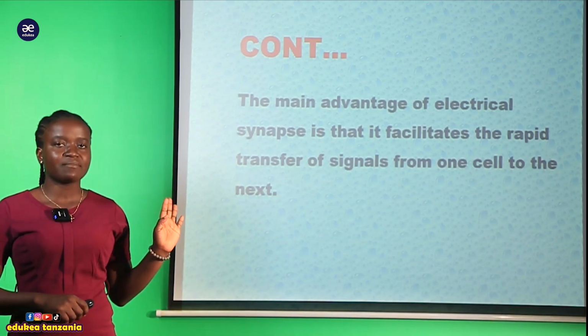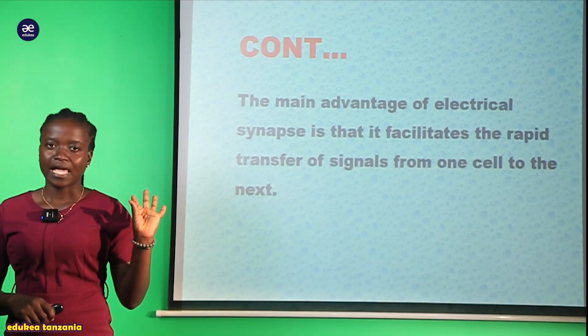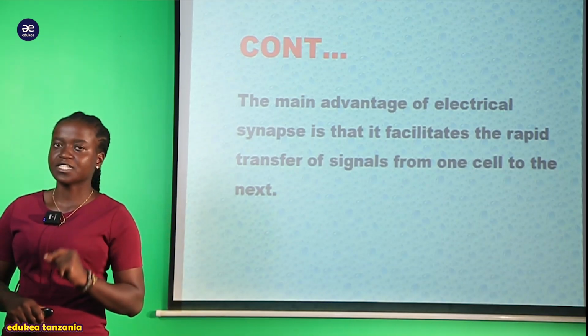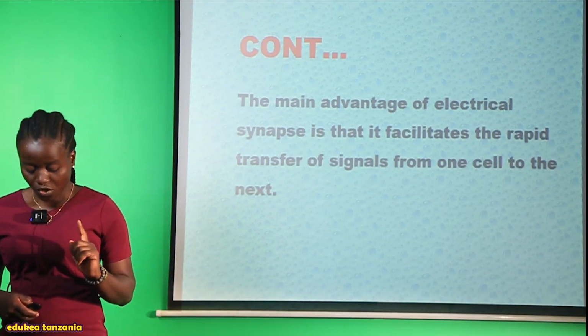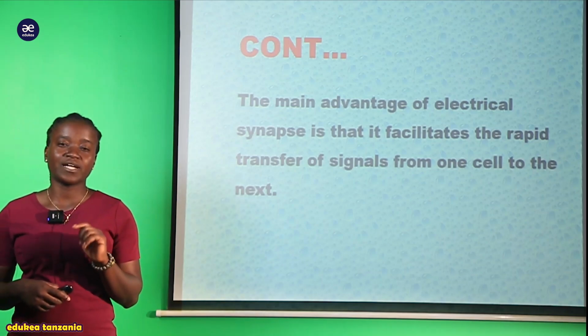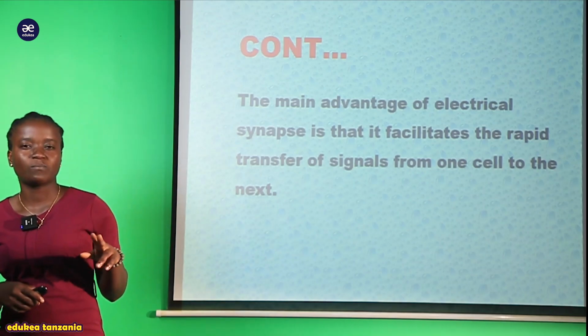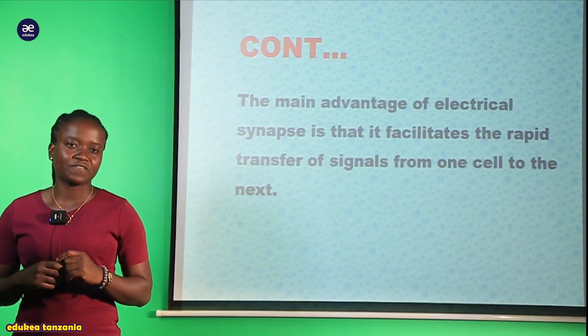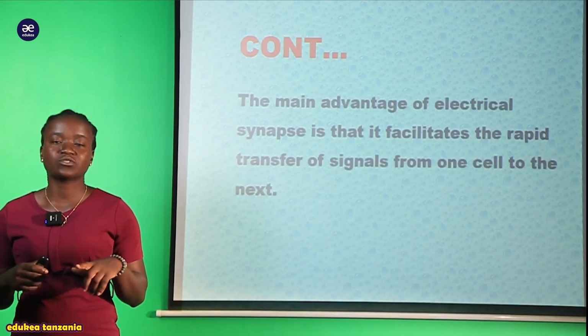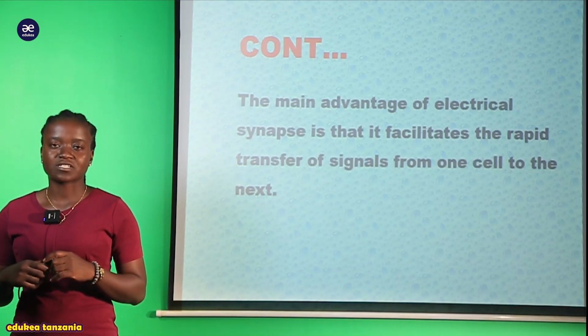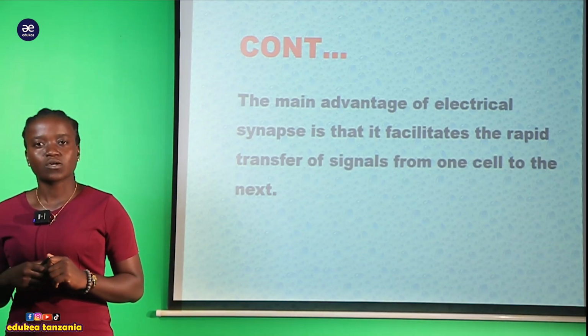So my student, thereby we have already covered the electrical synapse. That's the first type of the synapse. So in the next session, or in the next part of this session, because we have got two parts, the next part of this session is where now we are going to begin to discuss another kind of the synapse that is called the chemical